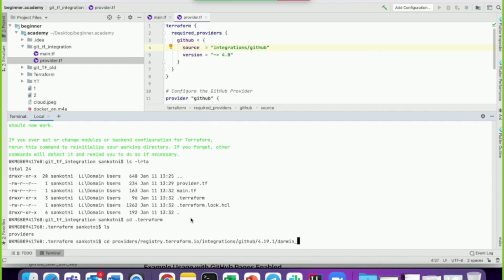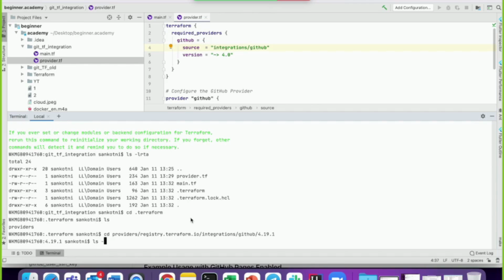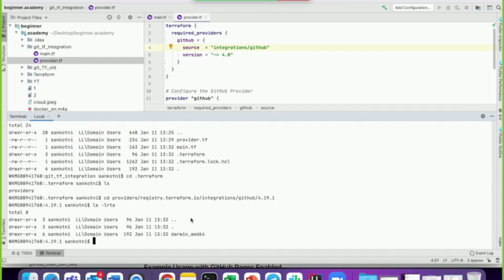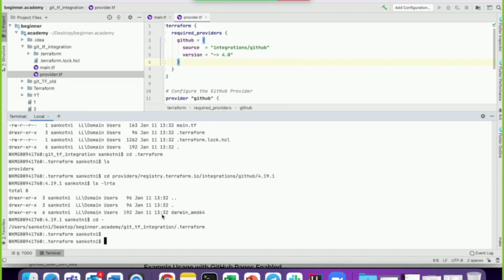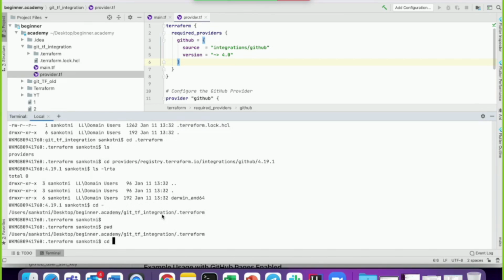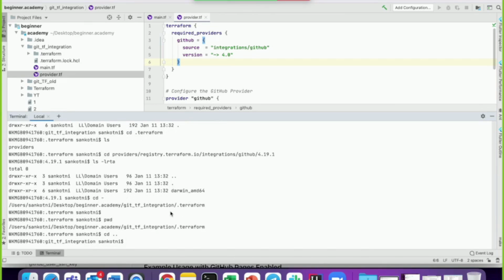Whatever providers you would be working on, those provider details you need to provide in provider.tf, and accordingly what Terraform does during init is it goes to the outside world and pulls this GitHub integration from the Terraform registry. Any questions?